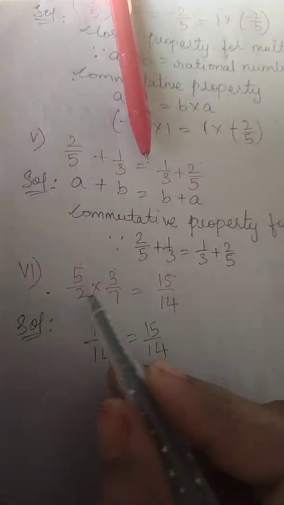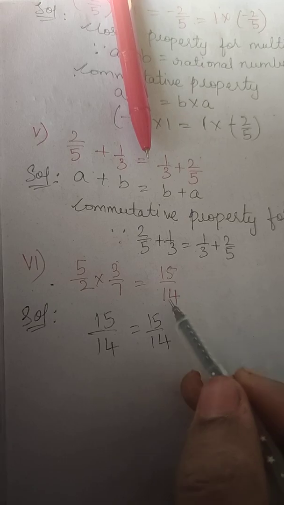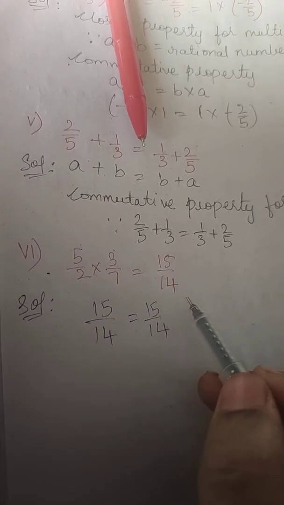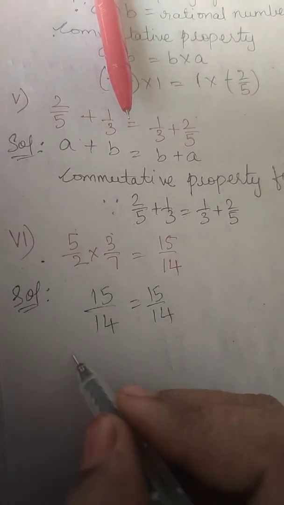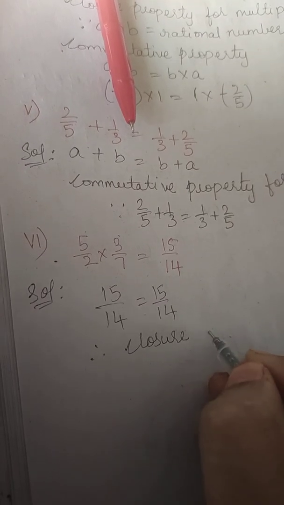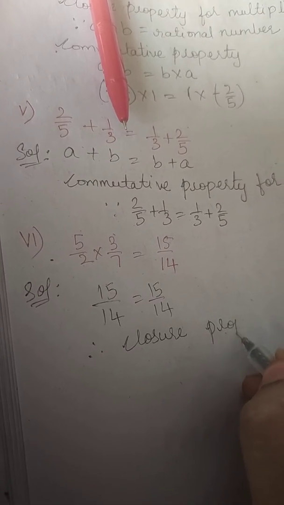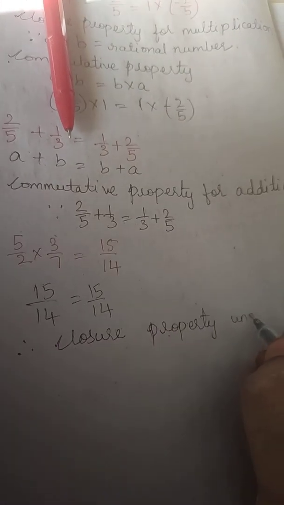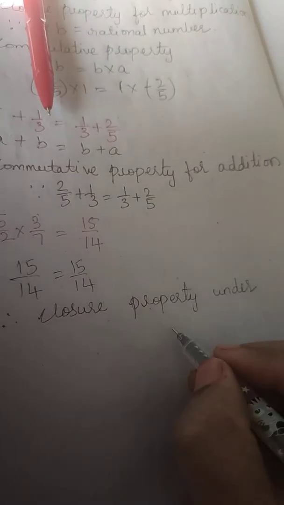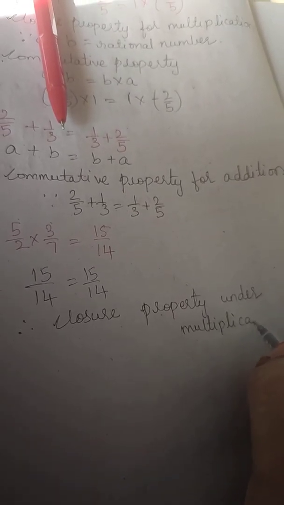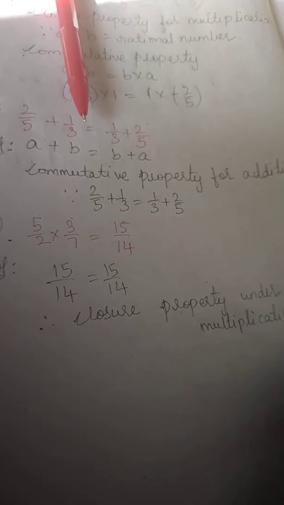Okay, here we are multiplying two rational numbers and we are getting a rational number. So it is closure property again. Closure property again under multiplication it is. Okay. Next one,